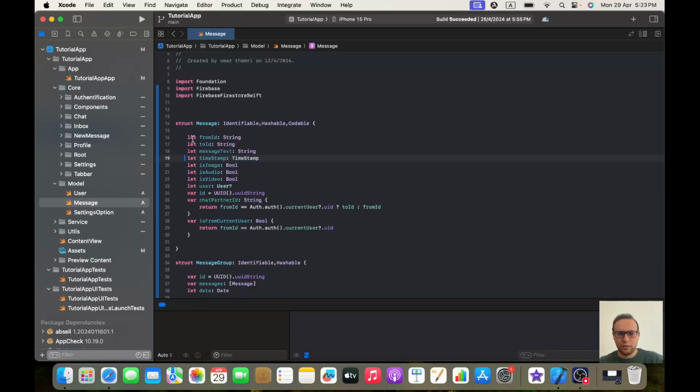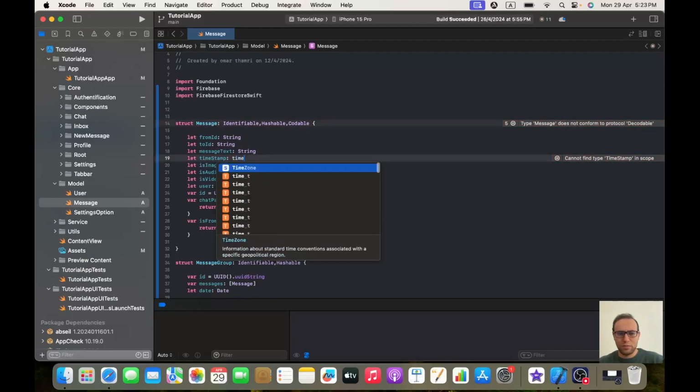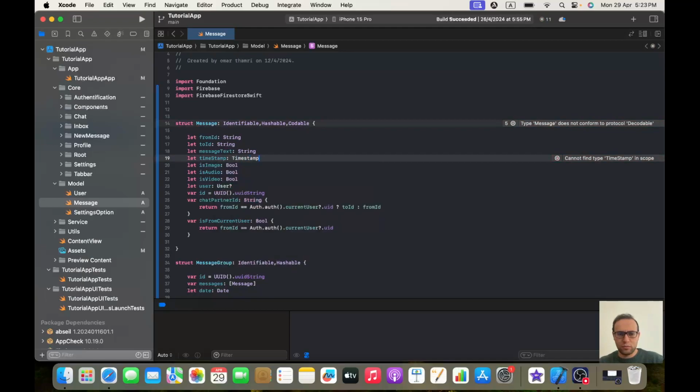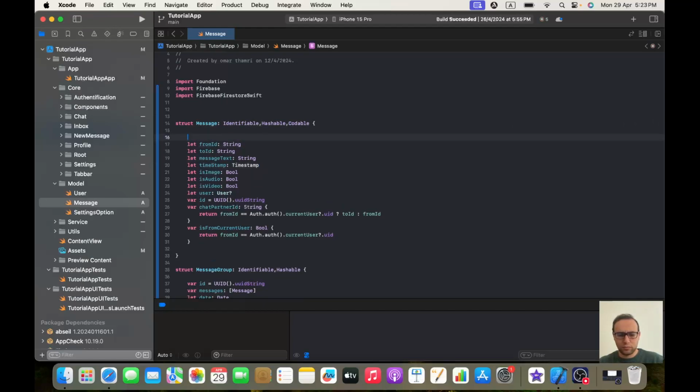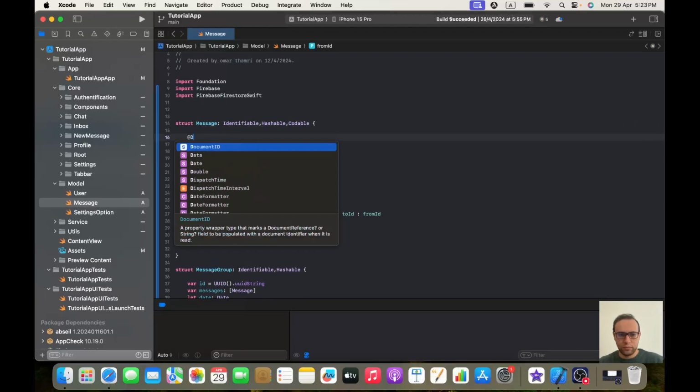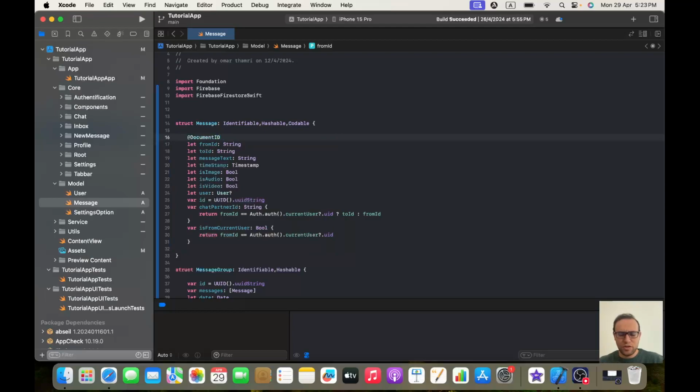For this one, we can delete the comments. I think I wrote it wrong, so timestamp, it's this way. Okay, perfect. And the last thing, we will use a document ID. And as you can see, it's a property wrapper type that marks a document reference or string. And you see it's optional. It returns a document identifier, so it's specific for Firebase, but it will help us here